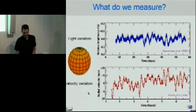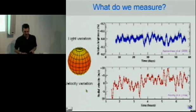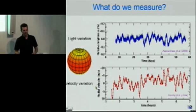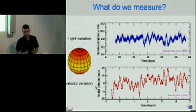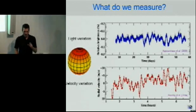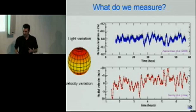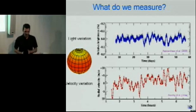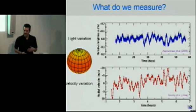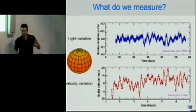The other possibility is to measure the surface motions that are caused by these pressure waves. These are measured in just a few meters per second. It's just the material on the surface moving on average towards you or away from you. And we can measure this by passing the light through a spectrograph and looking at the dark features that are created by the individual chemical elements in the spectrum and the rainbow. And those dark lines move back and forth in frequency as the source moves towards us or away from us. So we can measure that radial velocity